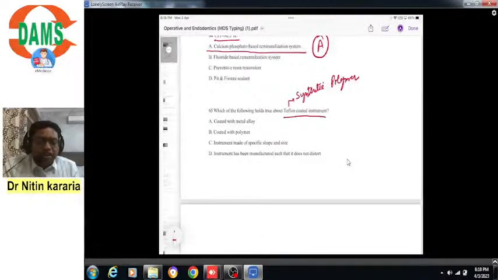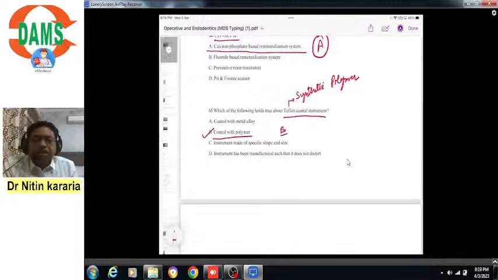The options given are: it is coated with metal alloy, it is coated with polymer, the instrument is made of a specific shape and size, or the instrument has been manufactured such that it does not distort. As I have told you, Teflon is basically a synthetic polymer coating, so it is obvious what the answer would be. It would be option B, that is, it is coated with a synthetic polymer,